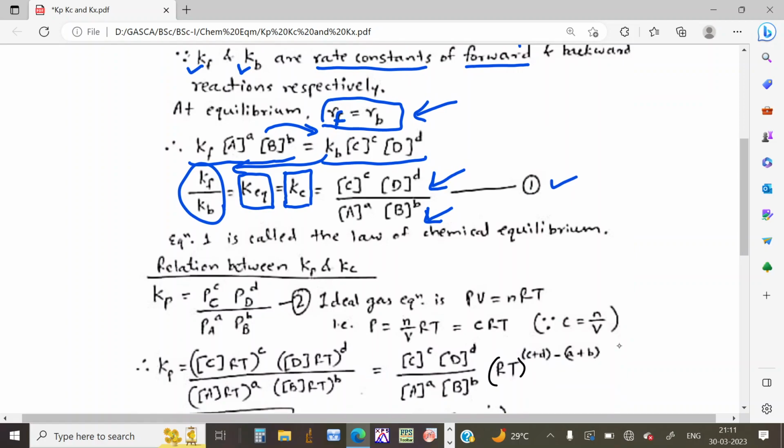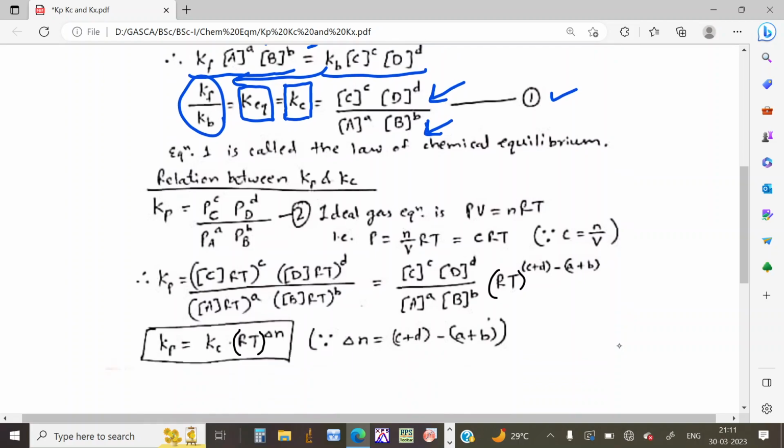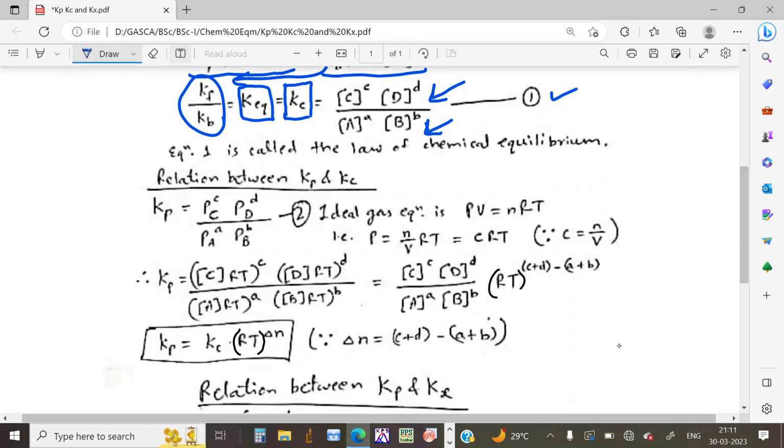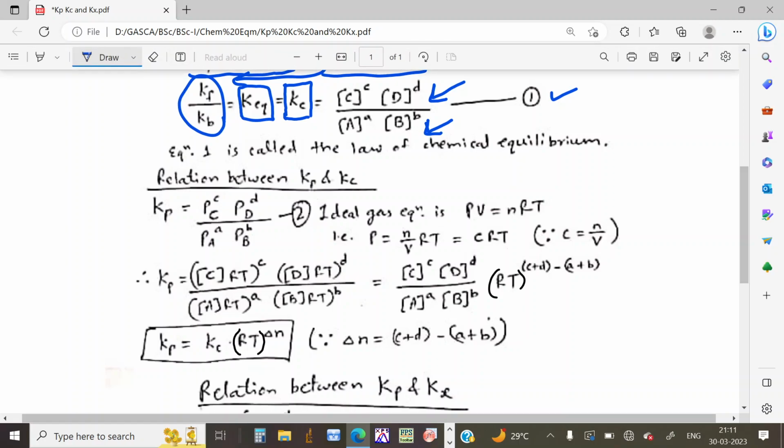Now let's see the relationship between Kp and Kc. Kp is the equilibrium constant in terms of partial pressures of the reactants. Okay, now Kp is equal to, instead of concentration, write down the partial pressures: partial pressure of C raised to c, partial pressure of D raised to d, partial pressure of A raised to a, and partial pressure of